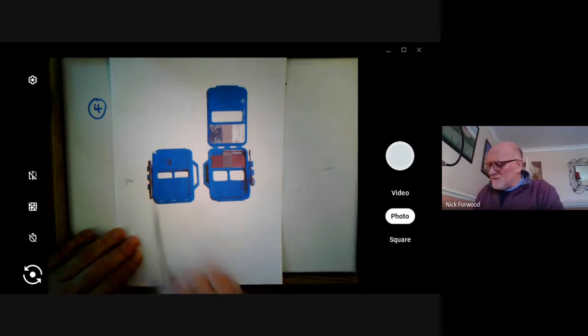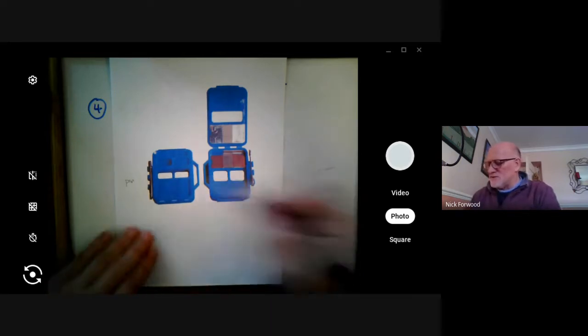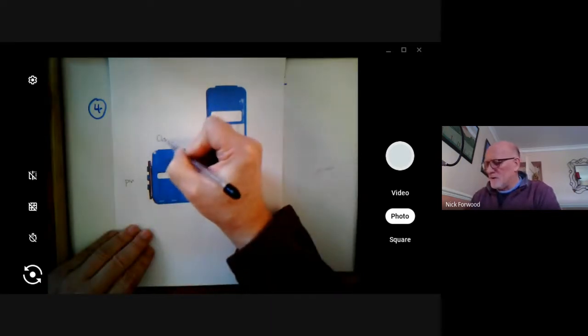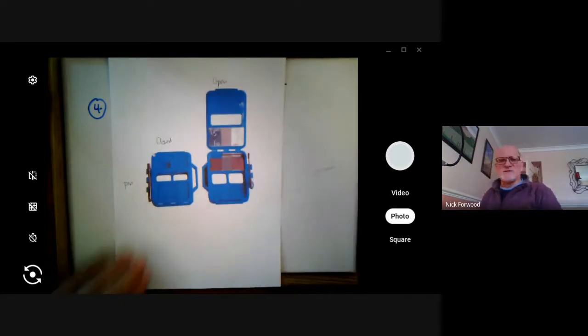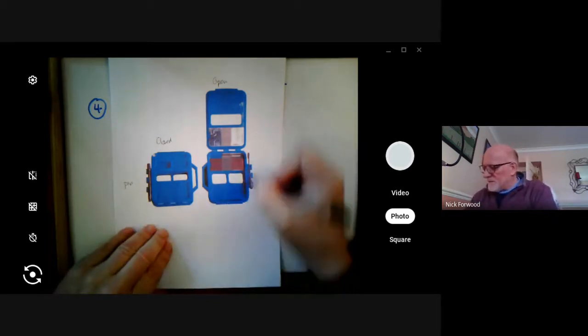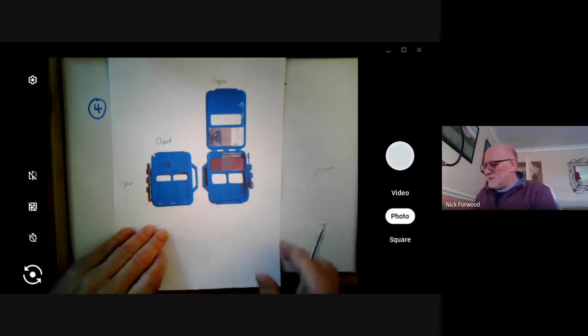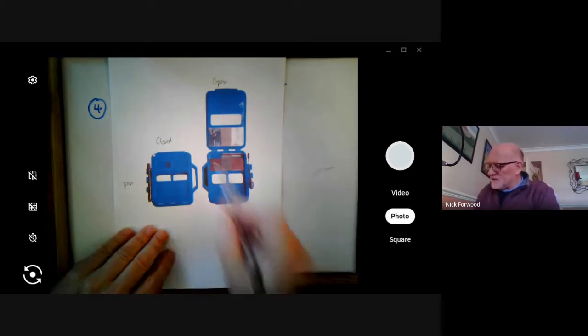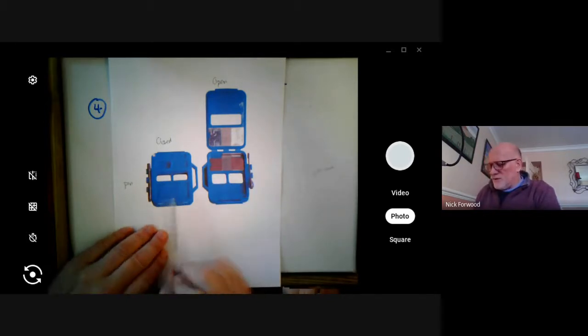So this is the film badge, and it's shown here as being closed. Well, you can open it up. So this is the closed one, and this is the open one. And again, we've got some of these in the physics department. And you open them up and you put inside a piece of photographic film, which is obviously about 3 or 4 centimeters in size, and you put that inside and you shut up the film badge and you